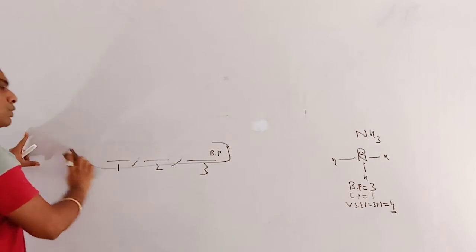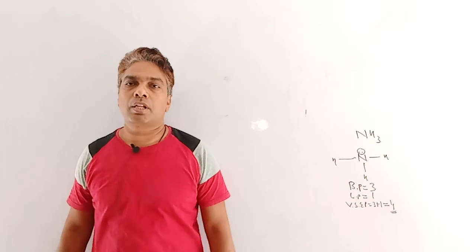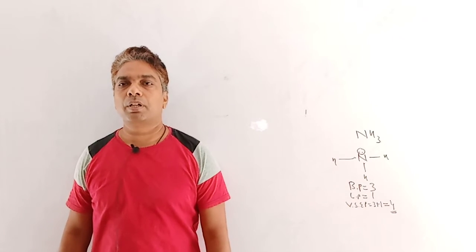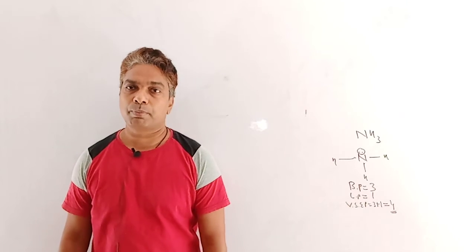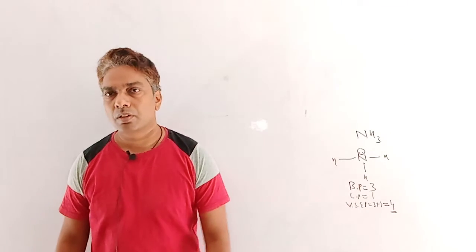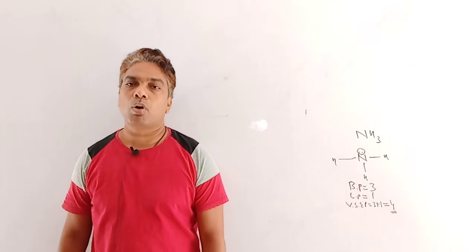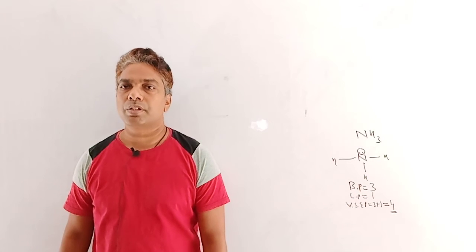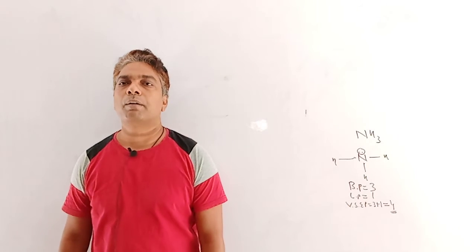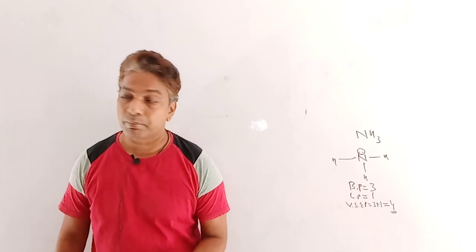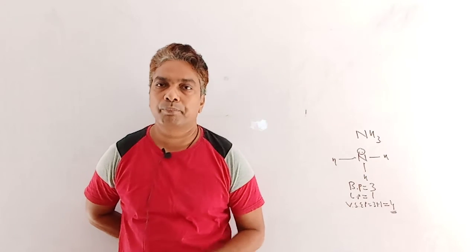So here are the 3 assumptions once more. According to the first assumption, every atom tends to stay apart from other atoms. That is the first assumption of VSEPR. The second assumption is that the valence shell electron pair is the sum of the bond pairs as well as lone pairs present on the central atom. And the third assumption is that the space occupied by the lone pair around the central atom is larger as compared to the bond pair. Clear?